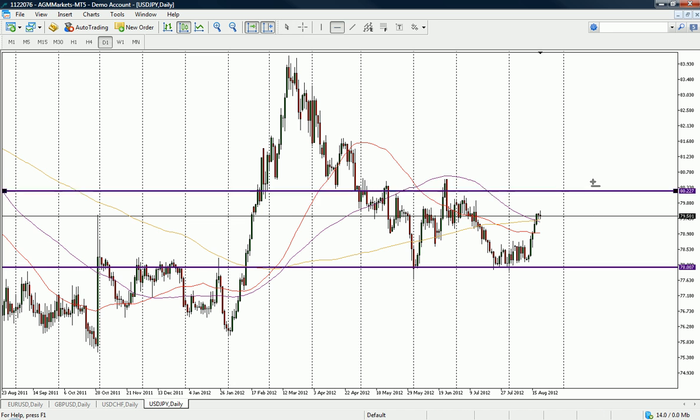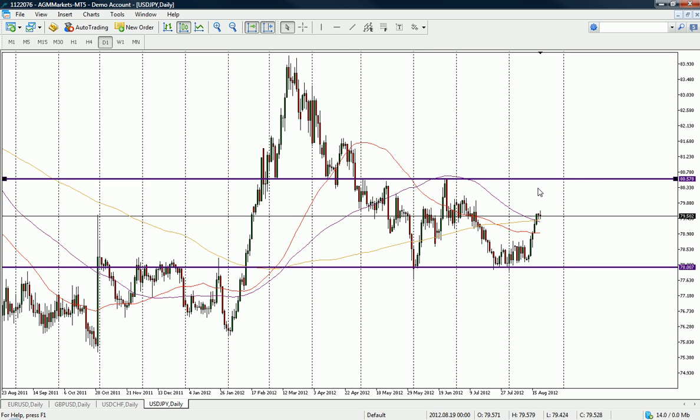The first key resistance I'll be looking at is this previous high around here, at the 80.50 mark. But it looks like it could just chop in between that range. So it is pretty much all about that 80.57 mark for me on this dollar yen